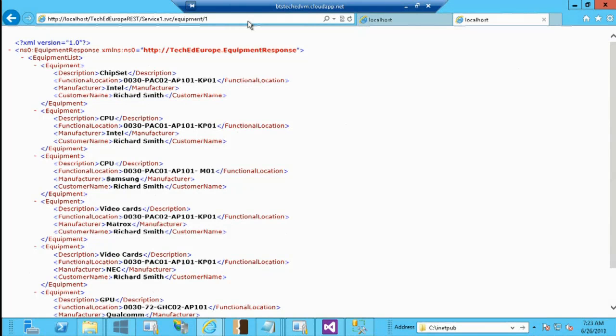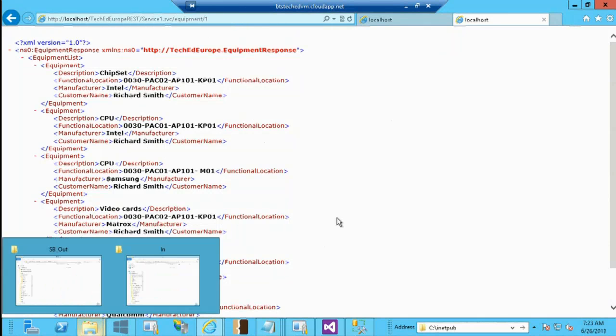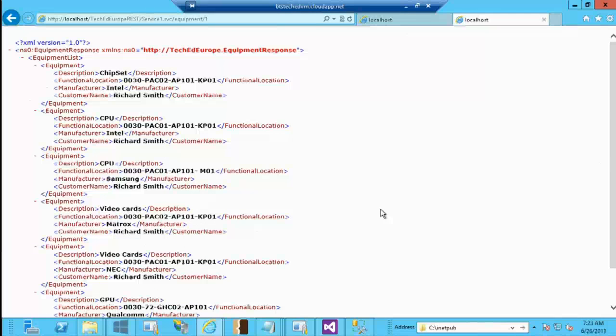So now, let's assume that such an endpoint exists. For a while, let's assume that this is my partner service. How do I consume it in BizTalk? Once again, we want to make sure that it is zero code. We don't want to be writing a whole lot of REST code or Visual Basic code or C# code or anything. How do I consume this in BizTalk without writing a single line of code?